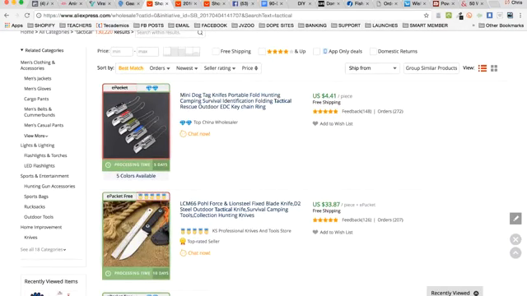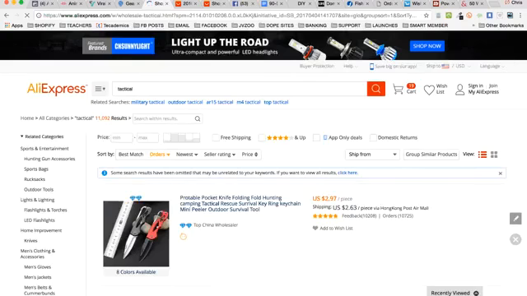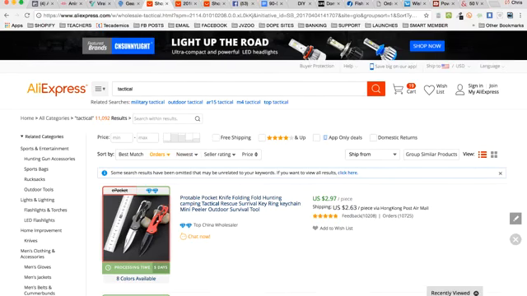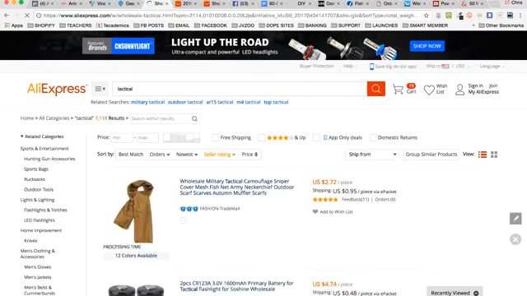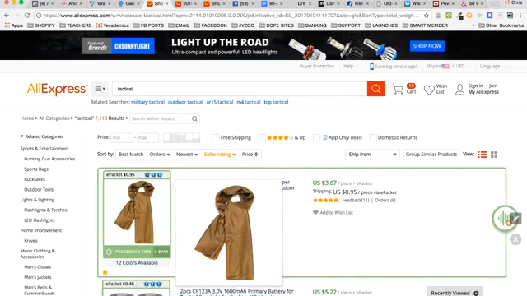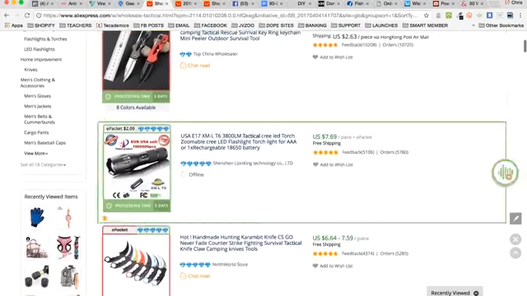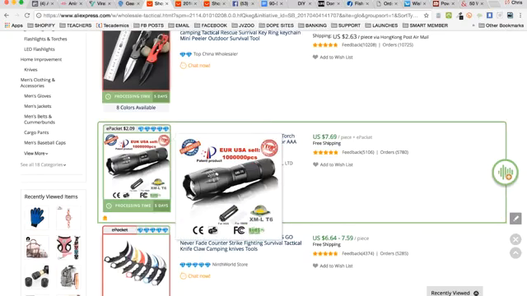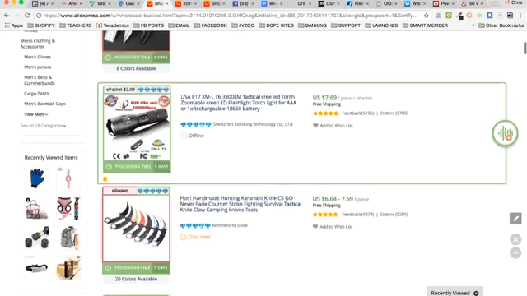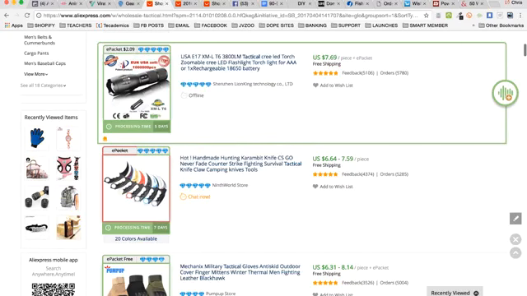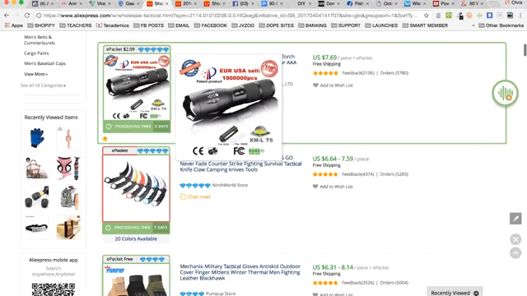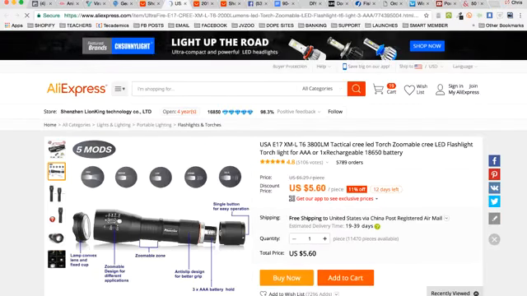And of course, we could do all these search terms. We could do by number of orders, by newest, seller rating, by high seller ratings. Whatever it is, like most ordered. You can do a bunch of stuff, but here's a tactical flashlight. As an example, you're looking for a good solid vendor that has ePacket, and you click a product like this, but you're really looking for